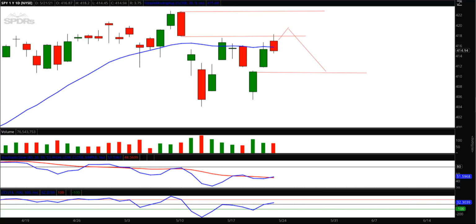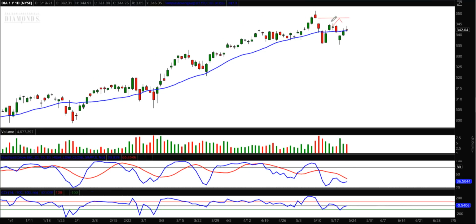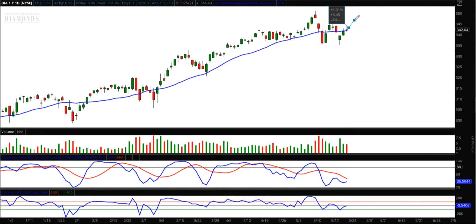So that's for the spiders. We take a look at the diamonds. We left the lines on the chart again, said that we would most likely move up to fill this gap. We didn't quite get there, but that's not filled yet. That's still an open gap, and I think we could still do that. Again, look at the oscillators down below. We have the CCI starting to move up over that momentum line. We have the stochastic starting to move up. So I think we're going to move up, fill that gap, and then we're going to have to watch out below right there. I do believe we're going to wind up by the end of next week back down below that 20-period moving average. Remember, there's only 5 more trading days left in the month of May,